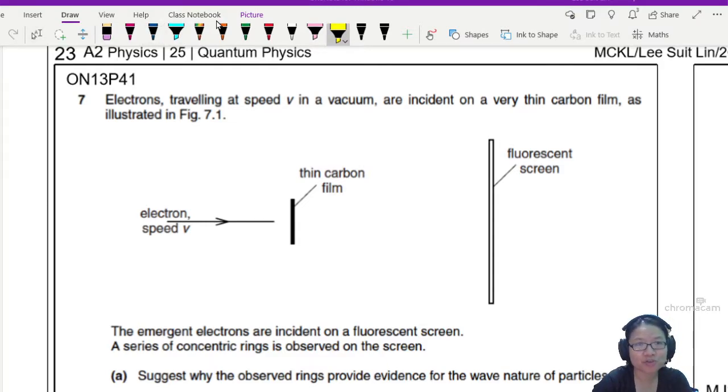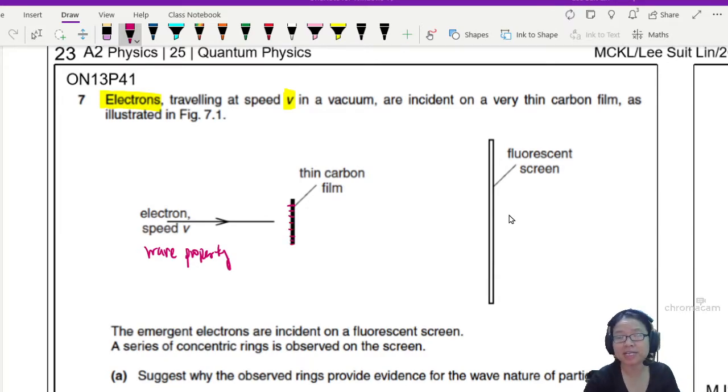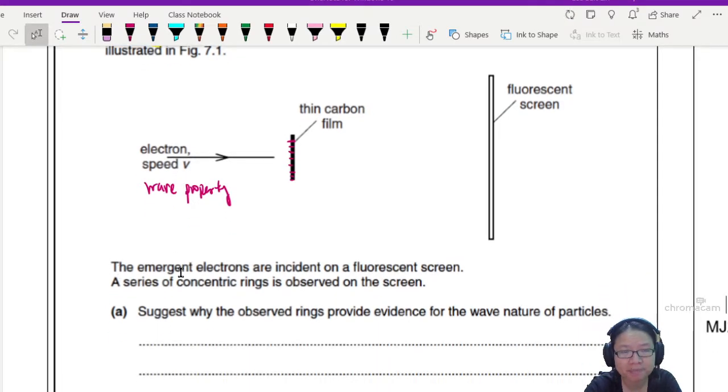We have electrons traveling at speed v in a vacuum. Electrons traveling at speed v in a vacuum are incident on a very thin carbon film as illustrated in this picture. There's a fluorescent screen here. If we know that electrons have wave properties, when the electron passes through the tiny gaps between the atoms of the carbon film, you will observe some diffraction pattern. The emergent electrons are incident on a fluorescent screen, and a series of concentric rings is observed